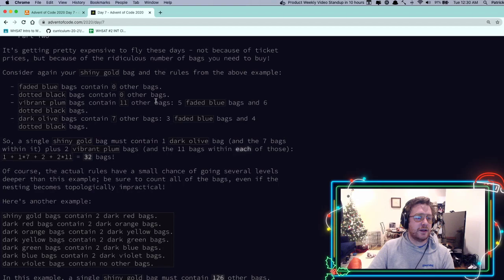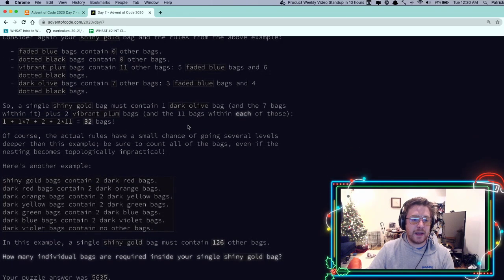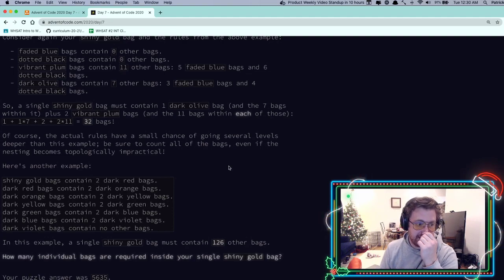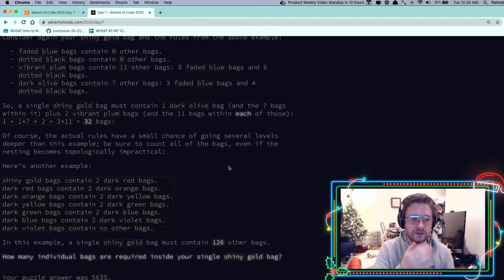So it says, consider again your shiny gold bag and the rules from the above example. Faded blue bags contain 0 other bags. Dotted black bags contain 0 other bags. Vibrant plum bags contain 11 other bags, right? They get 5 faded blue and 6 dotted black. Dark olive bags contain 7 other bags, 3 faded blue and 4 dotted black. Right, so a single shiny gold bag must contain a dark olive bag and the 7 other bags that dark olive bag contains, plus 2 vibrant plum bags and the 11 bags with each of those. So a total of 32,